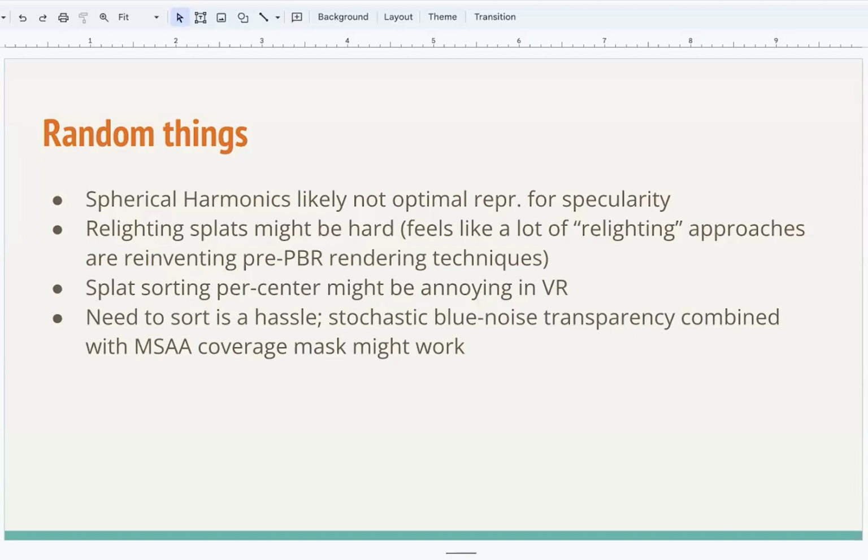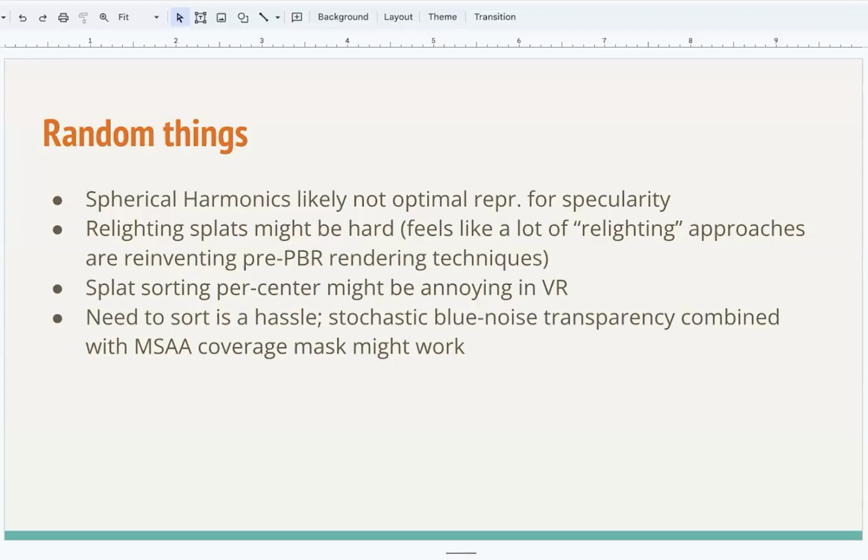The other thing, somewhat related, is that overall sorting of the splats is a bit of a hassle. Splats are just semi-transparent blobs in space, and with any semi-transparent things, the typical way of rendering them is that you need to sort them front to back or back to front or whatever, right?